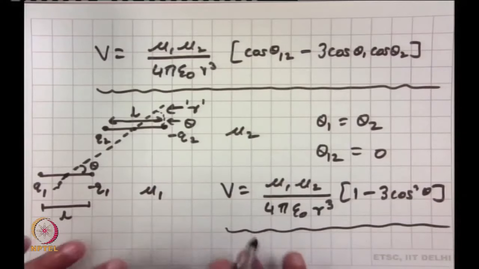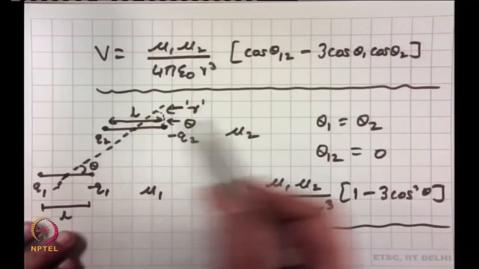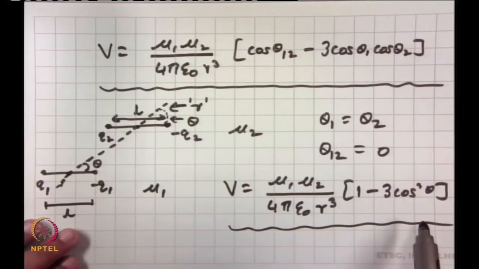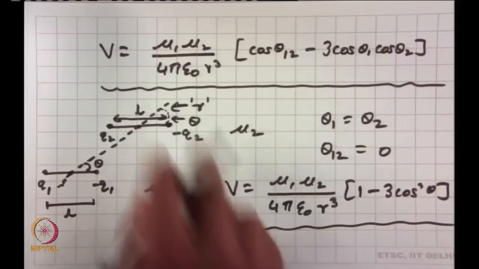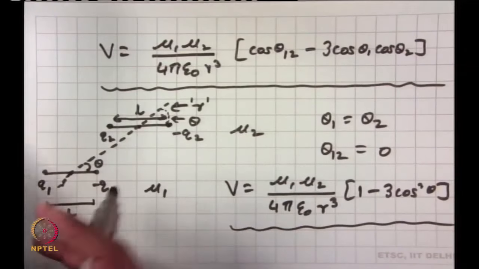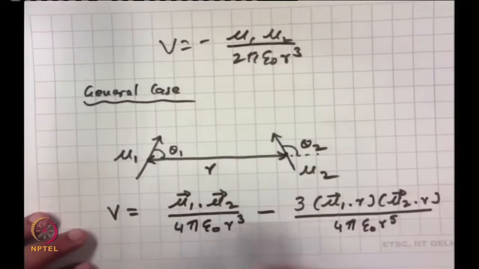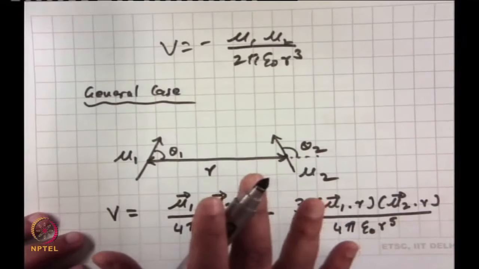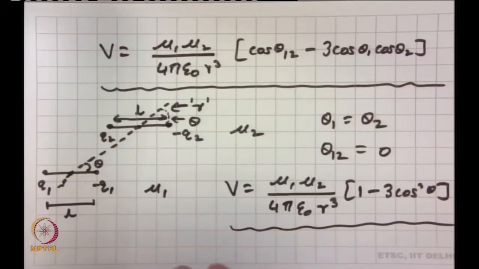Okay, but again, keeping this orientation in mind, where theta 1 and theta 2 are equal, these are parallel, theta 1 2 is equal to 0, you have this. Okay. Now this is an expression, guys, you will have to remember. The base expression, which is the one we started with, that means the expression we want to start with, this you do not have to remember, at least I will provide this with you in the exam, okay. But any further simplifications based on this expression, you will have to be able to do that. Now what do I mean by that?